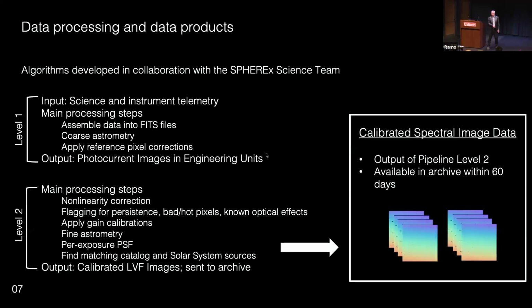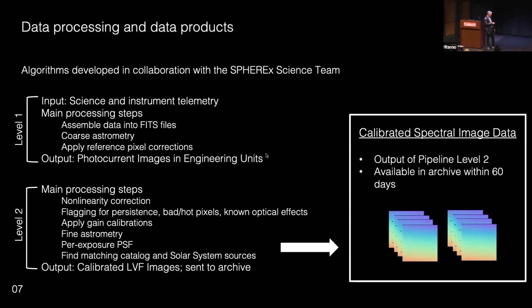Okay, let me talk a minute about the data processing and the data products. So the algorithms have been developed in collaboration with the SPHEREx science team. Level 1 processing is basically just taking the science and the telemetry data, stitching those together into FITS files, doing coarse astrometry corrections and reference pixel corrections. Level 2 processing is where we actually create calibrated linear variable filter images, and those are sent to the IRSA